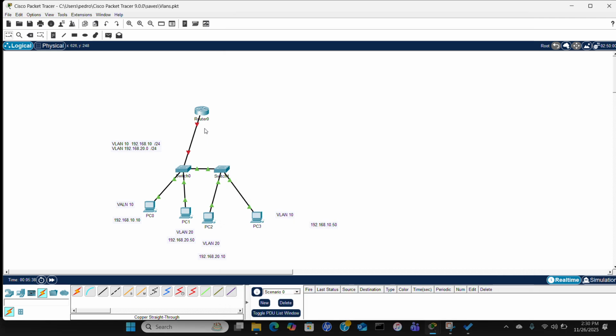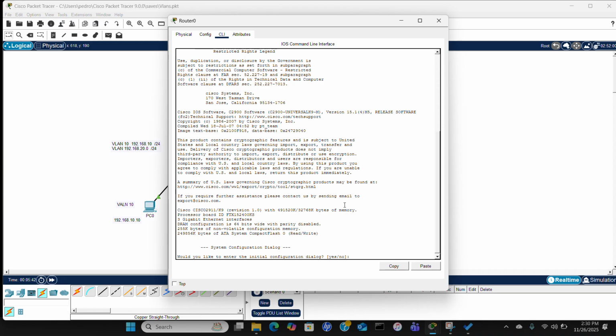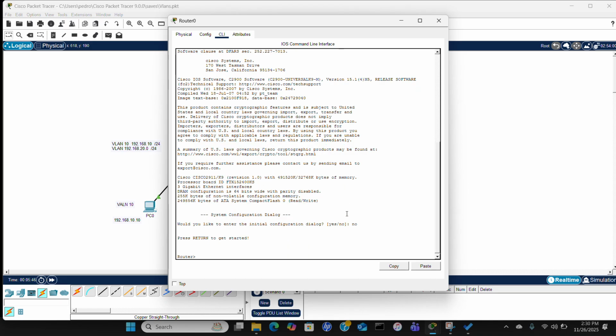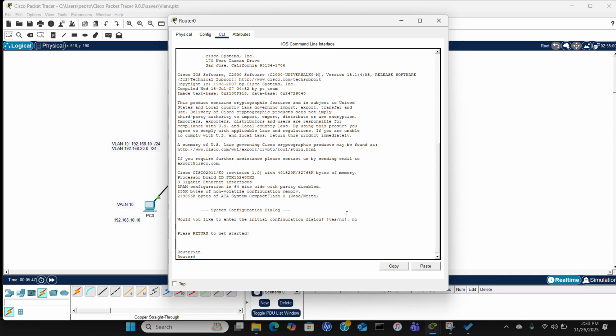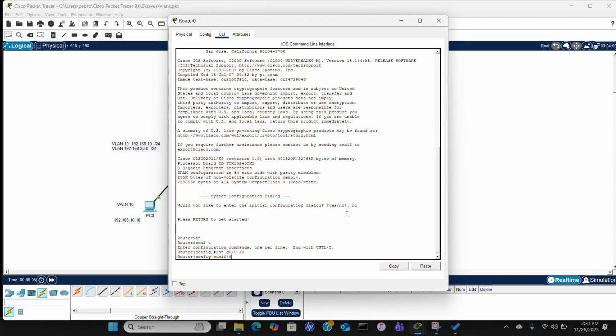So let's get to the router, and then we configure our sub-interfaces. So just step in, and then enable gets you to privileged exec mode, config T gets you to global config mode, and then to interface G0/0.10,